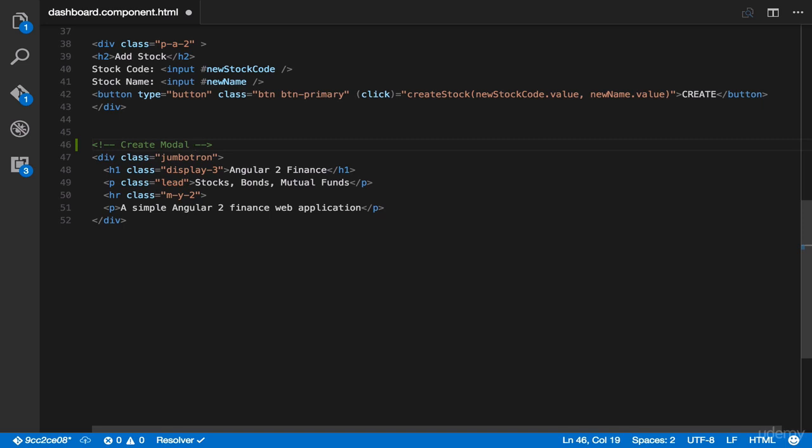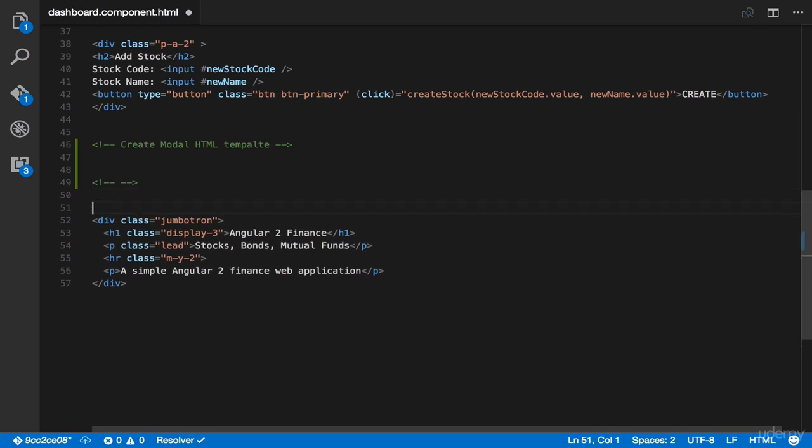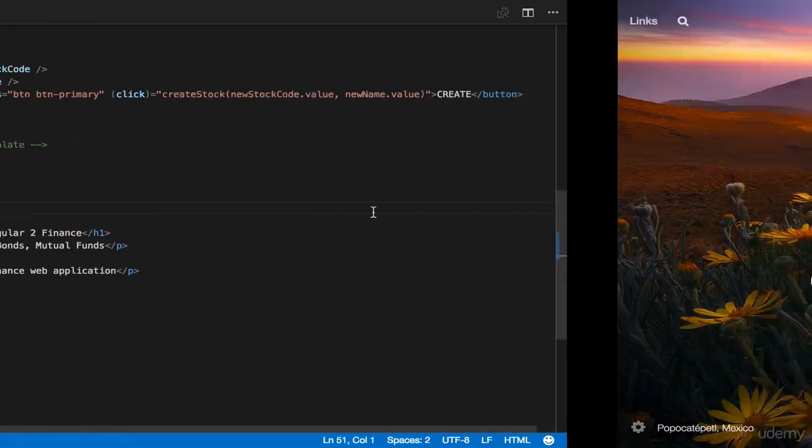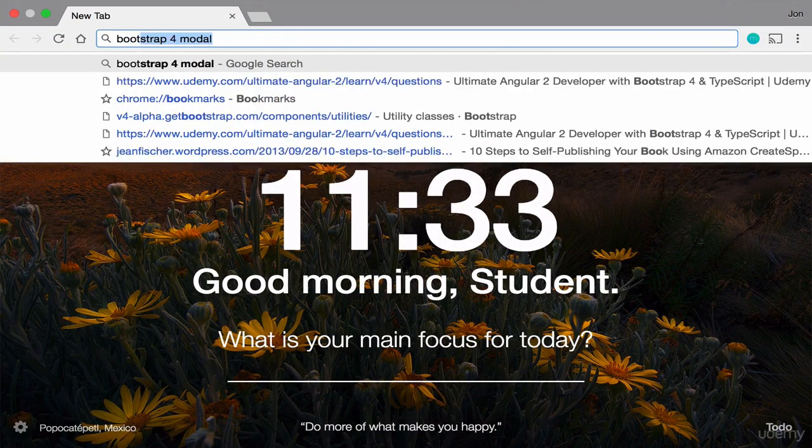So let's say create modal HTML template. Let me fix this typo. Alright. Then next, go to your browser and then search for Bootstrap 4